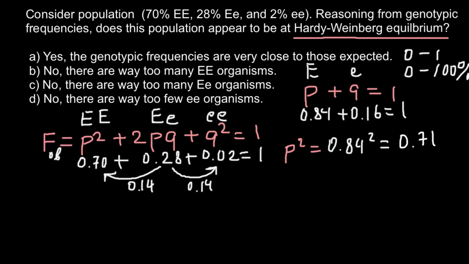And according to this formula, the frequency of the heterozygous genotype would equal 2pq. We know number p, that equals 0.84, and we know the frequency of the allele q or recessive allele e, that equals 0.16. If we multiply these numbers, we are going to get